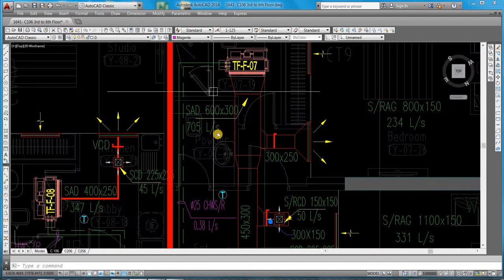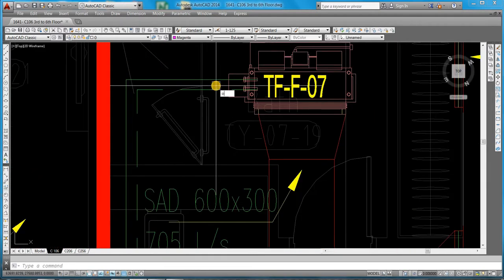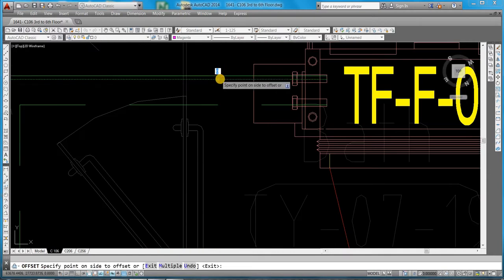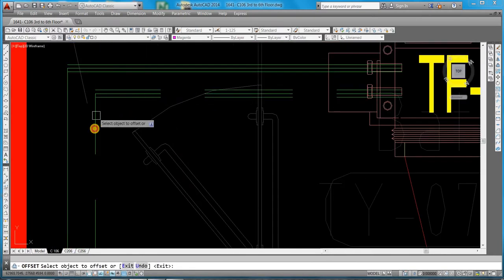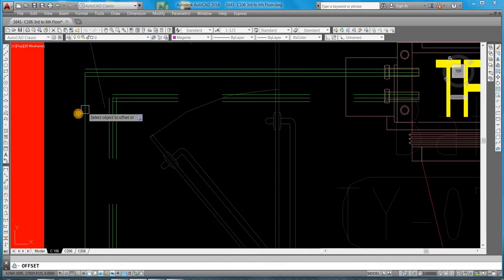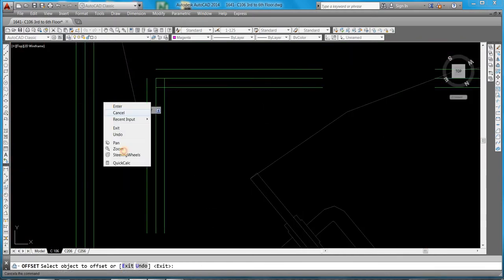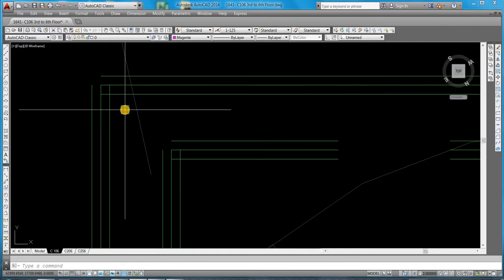For example, 25 diameter is there. So command: 25 means 12.5 center line. Here, here, and this also. We need to make the elbow now.